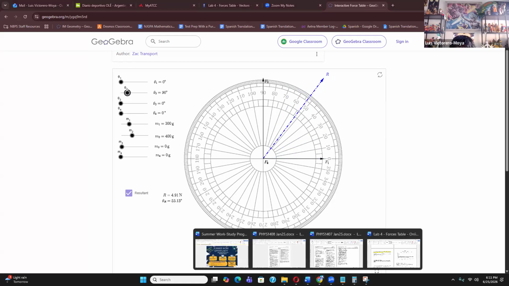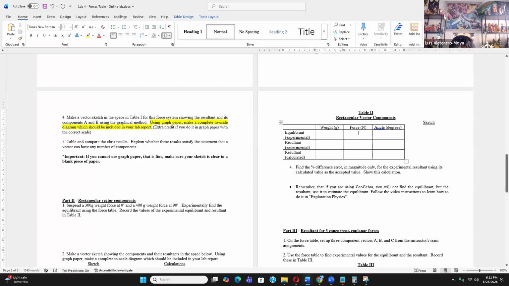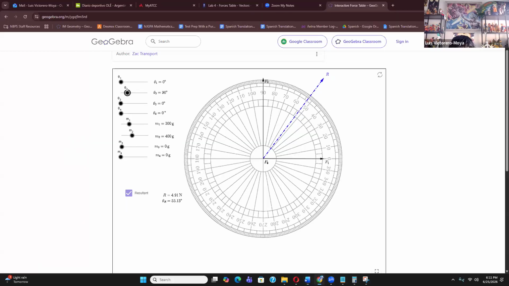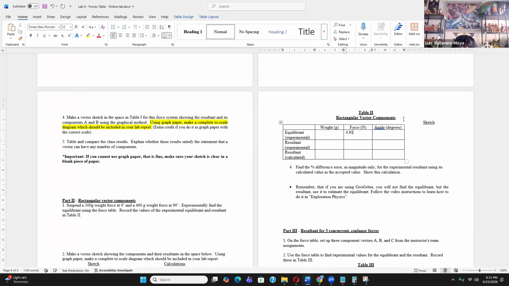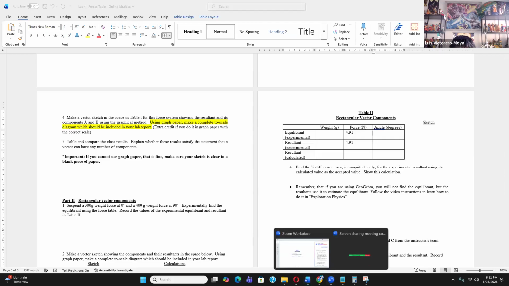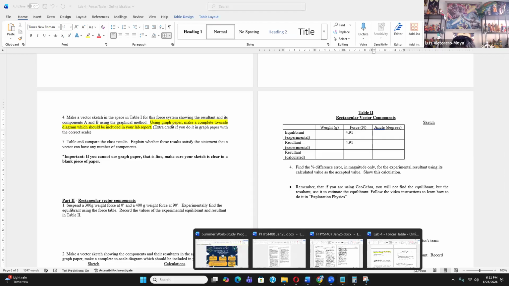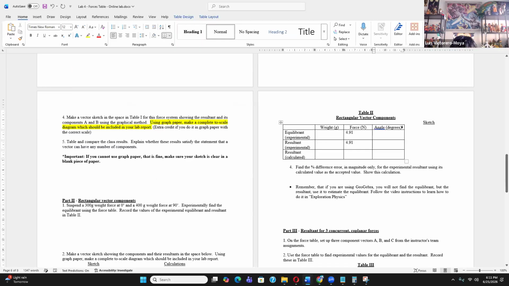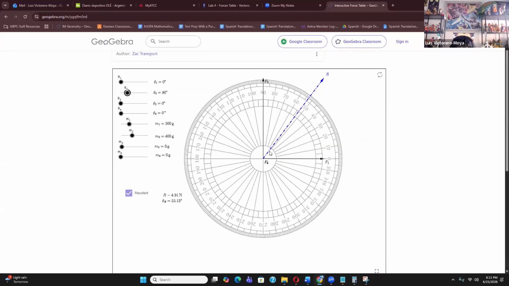So let's see what you need here. So the equilibrium is the resultant, as I said, 4.91. The resultant is 4.91. The angle of the resultant, 53.13. The equilibrium angle, that's about